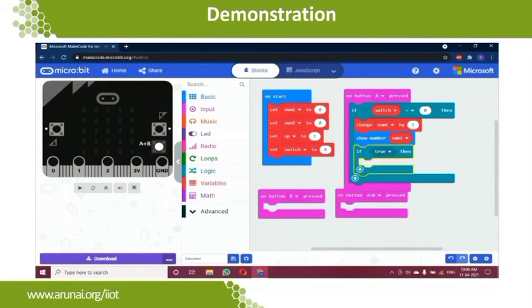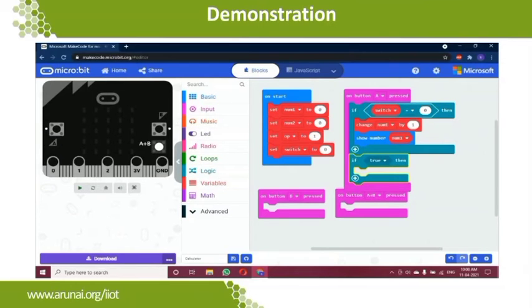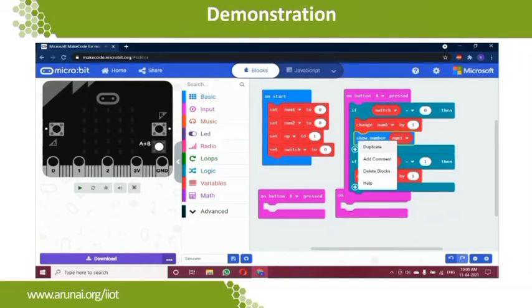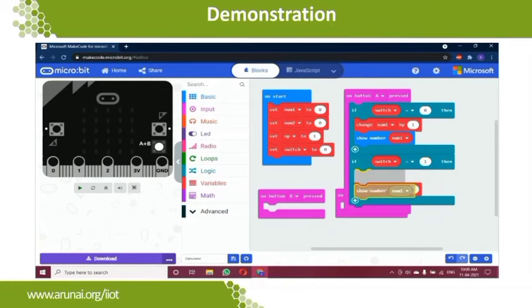Next, again we are going to use our if block, placed outside that if, which is the next condition to be checked. I'm duplicating the same block. If switch is equal to 0 is the first condition. Next is switch equal to 1. I'm going to increment number 2. That is, the switch value will be changed once we have set number 1. So again we do the same procedure for number 2.